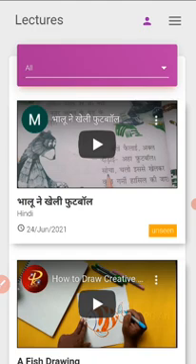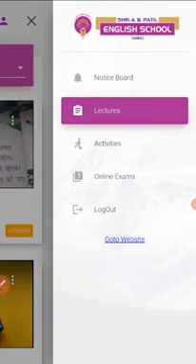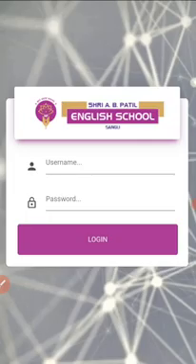You have to watch this video carefully and instruct your child as per that. Now if you want to go back, you can click on the 3 dots at the top right of your mobile and click on the logout button. When you click on the logout button, the username and password screen comes again, and you can go back and complete all the lectures as per this. So as per this you can complete all the lectures and studies carefully. Thank you all.